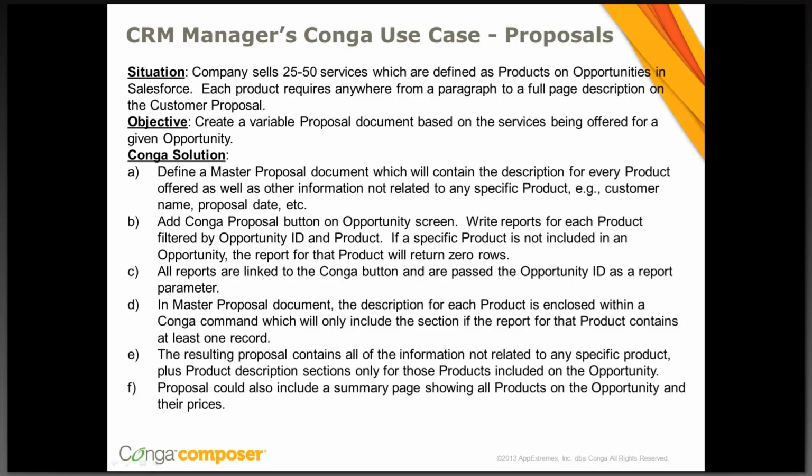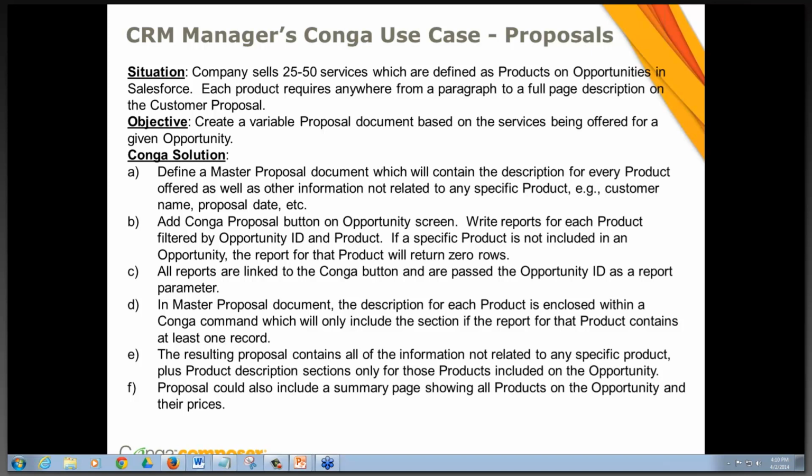So when you link all those reports to the Conga proposal button, then what happens when you run Conga is it runs all of those reports in the background, and then it can figure out from that which sections of the master proposal document need to be included in the proposal you're generating for this particular opportunity, because as you see in D there, in the master proposal document, those sections that are the description for each product